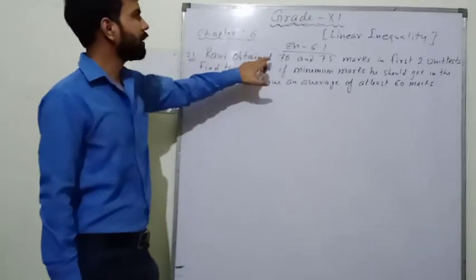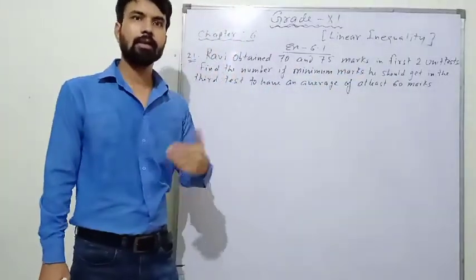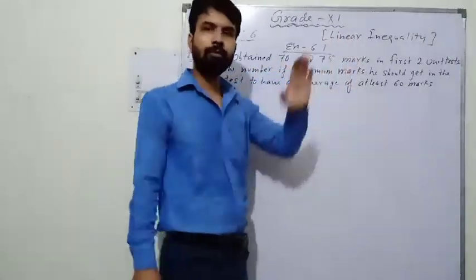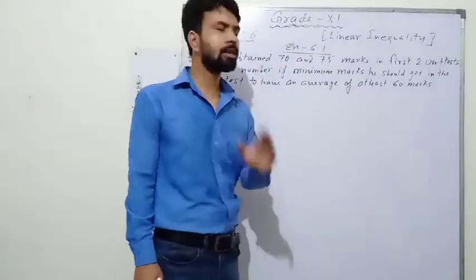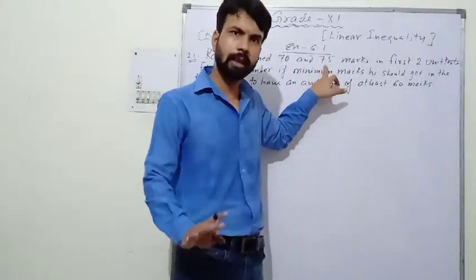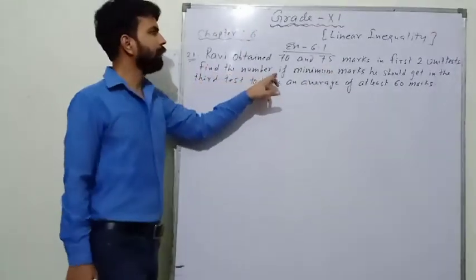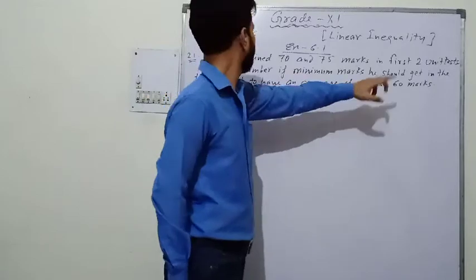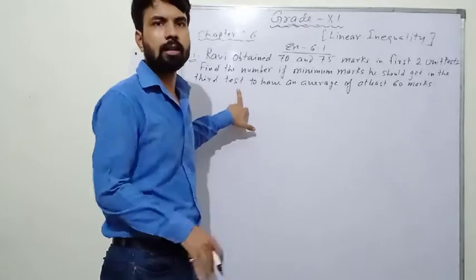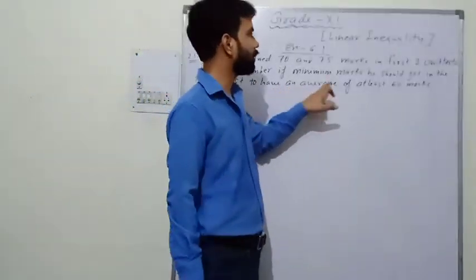Ravi obtained 70 and 75 marks in the first 2 unit tests. There is Ravi, any student who got 70 and 75 marks in the first 2 unit tests. In the first test he got 70 marks, in the second test he got 75 marks. Got it? This line is clear? Okay. Now find the minimum marks he should get in the third test. We have to find how many marks he should get in the third test to have an average of at least